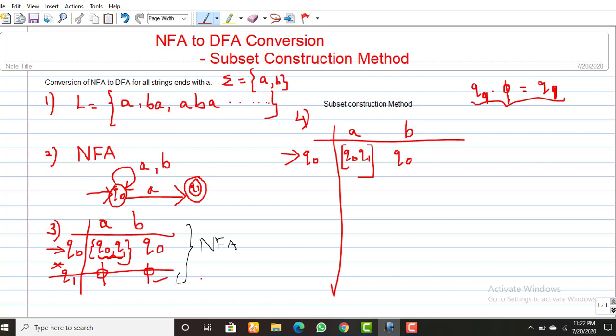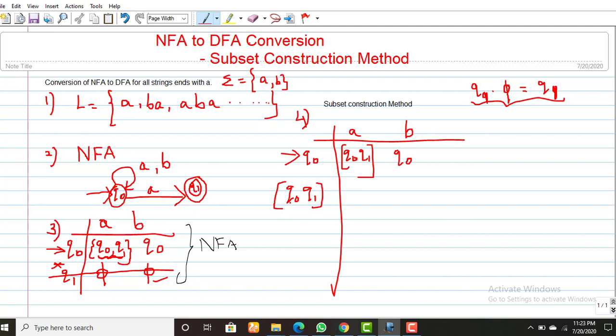I've just struck a note here. Y means on receiving A and B, Q1 has no more transition on both A and B. That is why we added φ here. If both transitions are φ, we just neglect the steps, just strike a note. Then it's not over here. Here we have received one more new state, that is Q naught Q1. This is one more new state, so I have to add it here because states are added in this part. So I have to add the new states here.